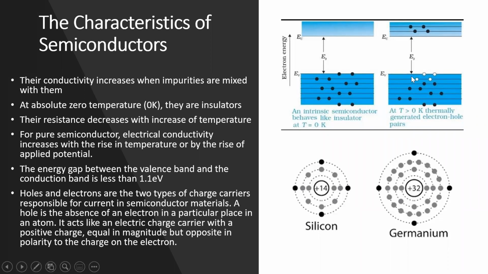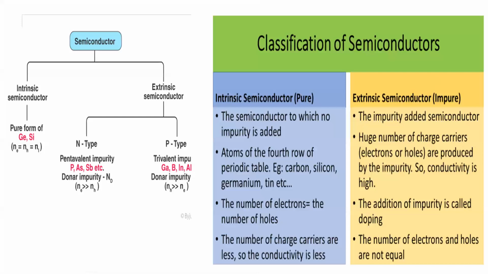So when one electron jumps to the conduction band, one hole is formed. If another electron jumps to the conduction band, another hole is formed. So how many electrons are formed here? Four. How many holes are formed here? Four. So in an intrinsic semiconductor, the number of electrons formed will be equal to the number of holes, because